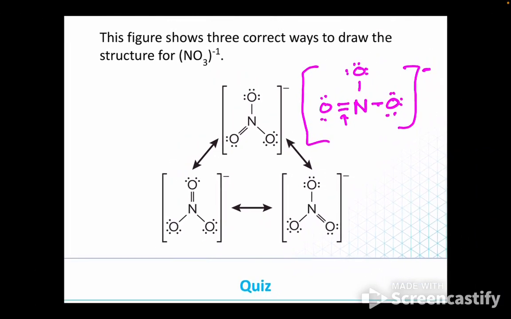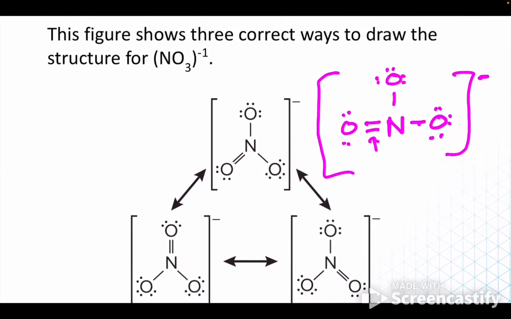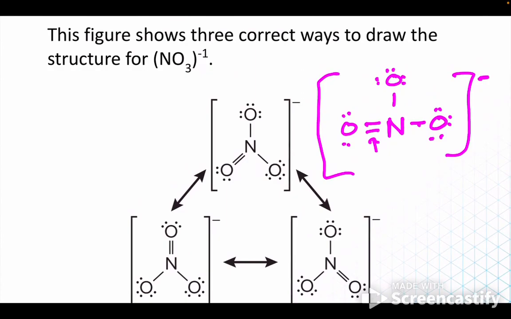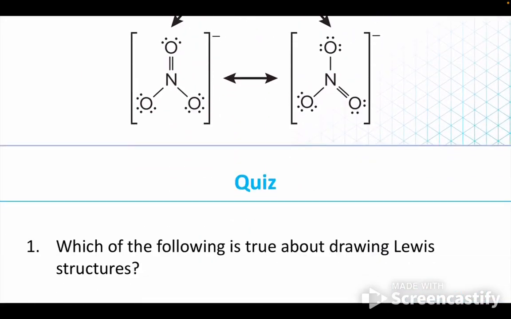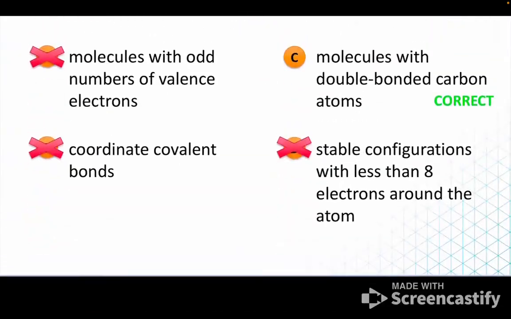So for us, if you draw a resonance structure and it might be a little bit different than mine, you can let me know and I can double check that it's acceptable. You don't have to draw all 3, you can just pick one, but it might be different than the one that I choose. And that is